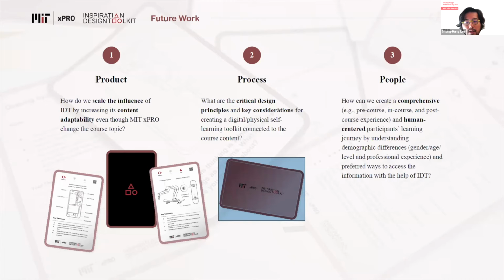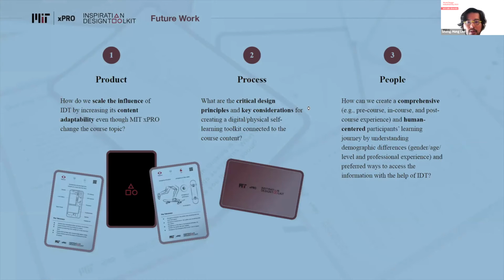For the future work, the next step is to think about 3 aspects: product, process, and people. How do we scale the influence of the toolkit by increasing the content and adaptability, even changing the course topic through this platform? What are the critical design principles and key considerations for creating a digital-physical self-learning toolkit connected to the course content?